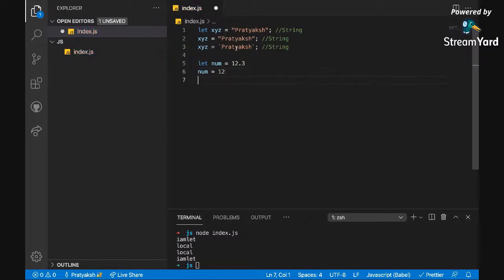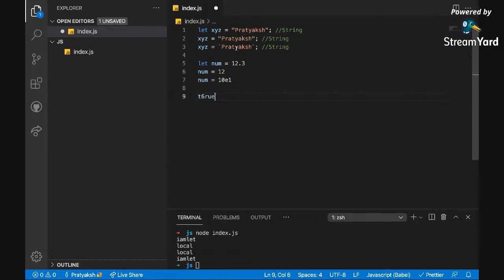It can be a whole number, and it can also be an exponential number. I can say 12 to the power 21, and it is also a number. So these are numbers. The third is Boolean.